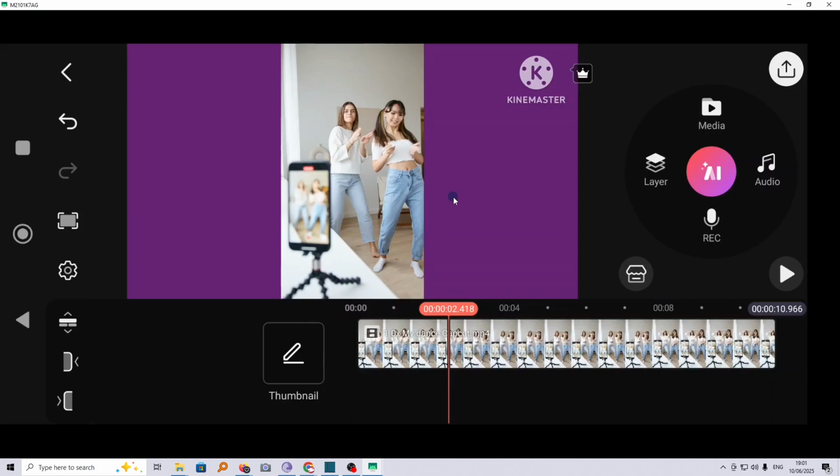How to filter your images and videos in KineMaster. So if you want your videos and photos to look more appealing, it is best to go ahead and add